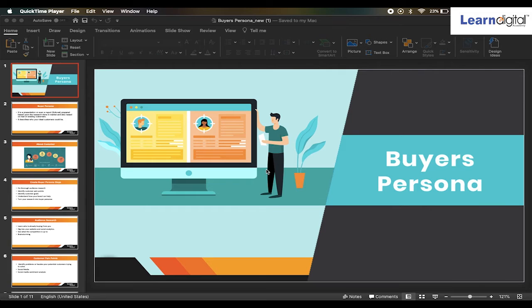This one is going to be on buyer persona. So, what is buyer persona and why do we need it? Well, buyer persona actually describes who your customers are, what they behave like, what their age group is, and the kind of decisions that they make. It helps you to understand what they actually need in life, and based upon your business model or the things that you have, what you can actually offer them as a solution from